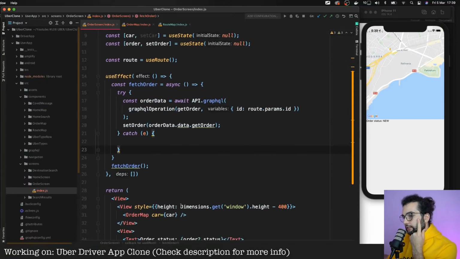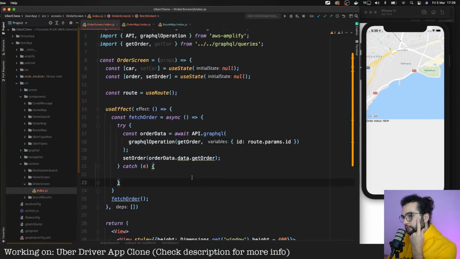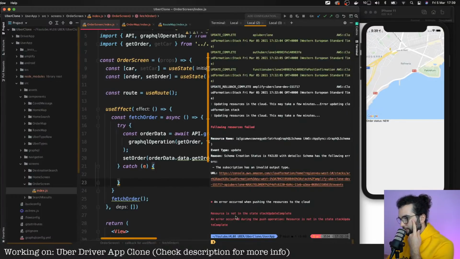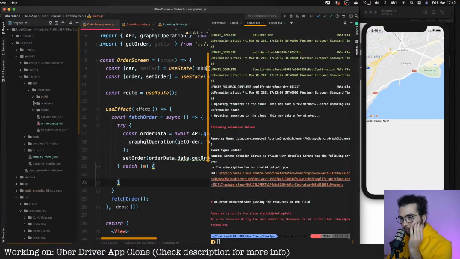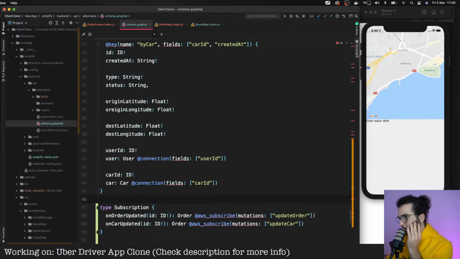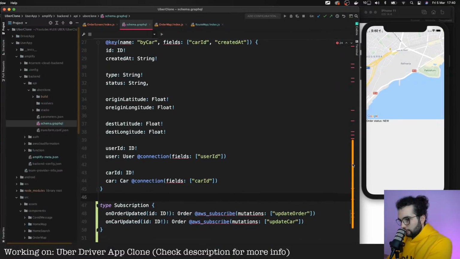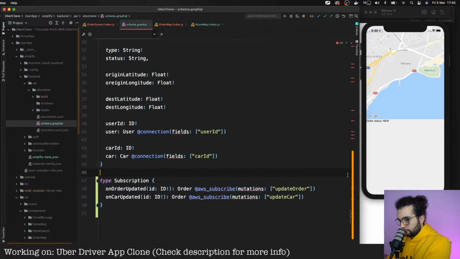All right. Let's see if resource is not in the state stack. Okay. Schema has the following errors. The subscription has an invalid output type. Amplify backend API schema. What's your problem?